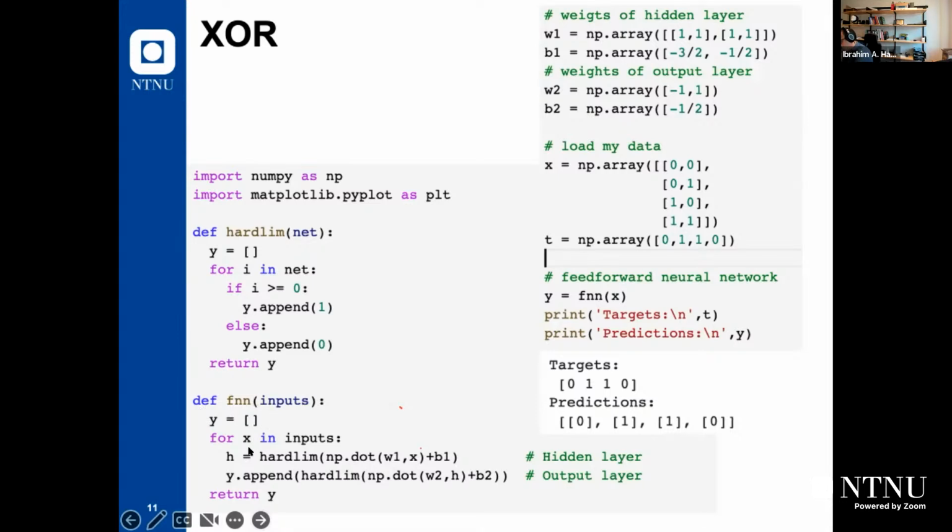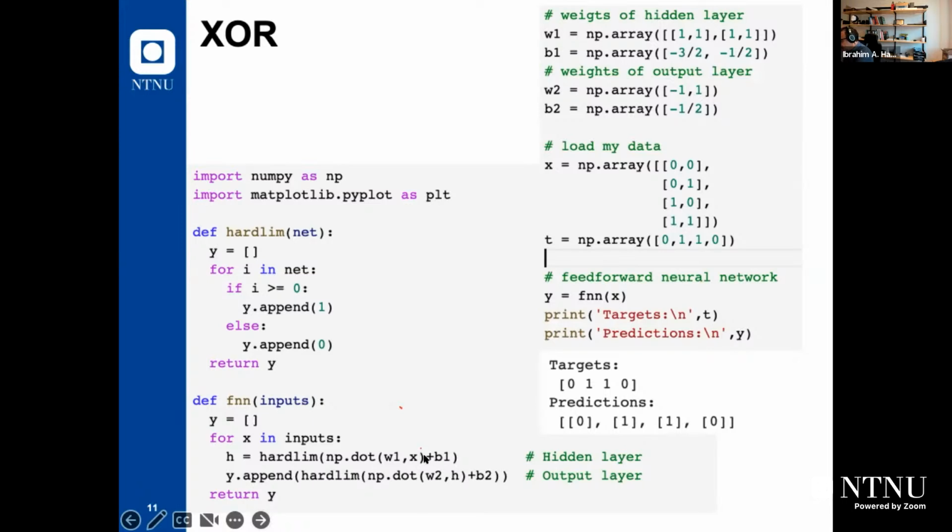So we will apply omega1 and B1, and we have those weights omega1, B1, omega2, B2. We will do it for H, for example, right? So it will be hardlim. I defined this function, which is a step function or hardlim function. So the first one will be hardlim of omega X plus B1, right? So this is the first output, the output from the first perceptron. The second perceptron will be omega2 multiplied by